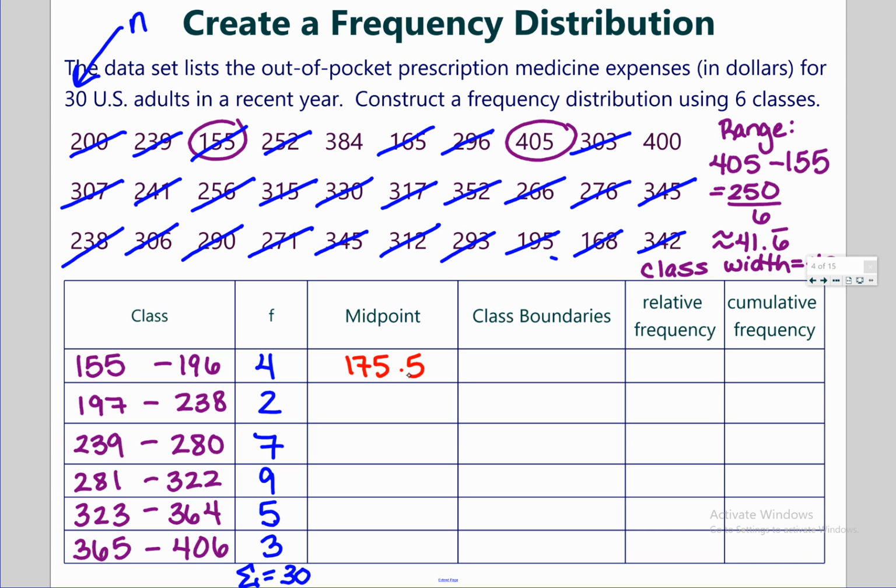is my midpoint. Okay, same thing for each class, just repeat the process. 197 plus 238 divided by 2, 217.5. 239 plus 280 divided by 2,